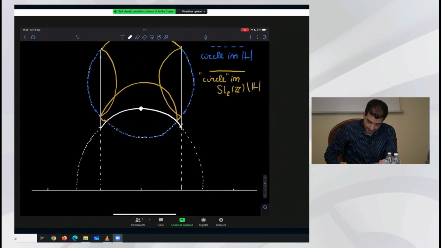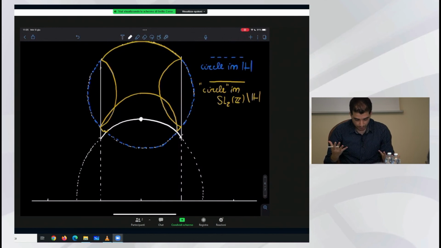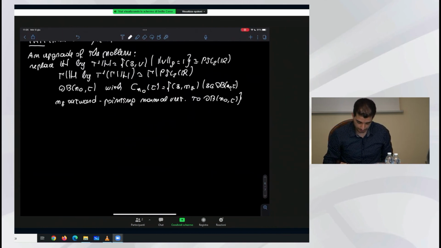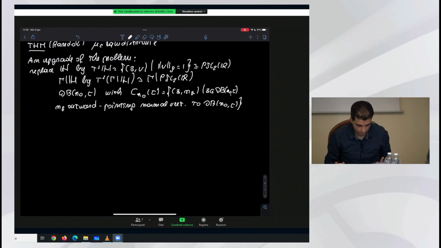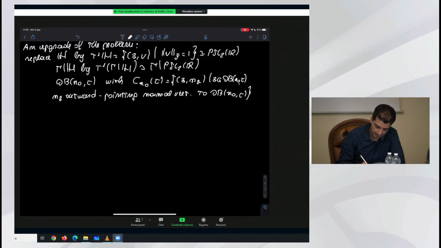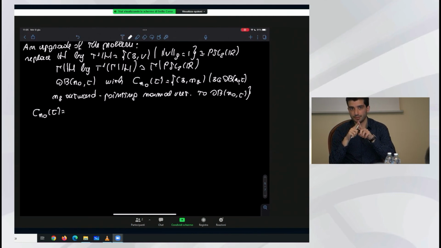And here what I'm considering actually now in this upgraded version of the problem is not only this trajectory depicted here, but also you should think of at each point you have the normal vector pointing outwards. Why am I considering this? Well, this set that I'm considering now admits actually a dynamical interpretation, because this set x0t is nothing but the image at time t under the geodesic flow of the unit tangent space